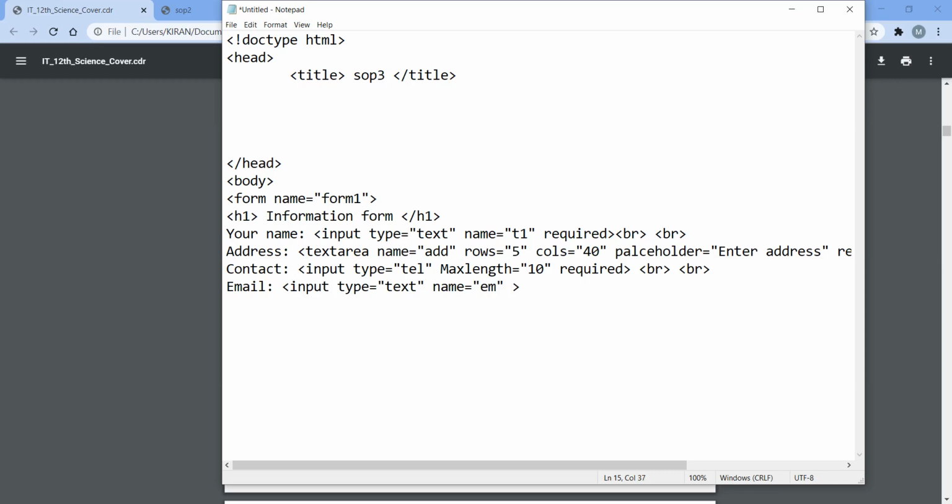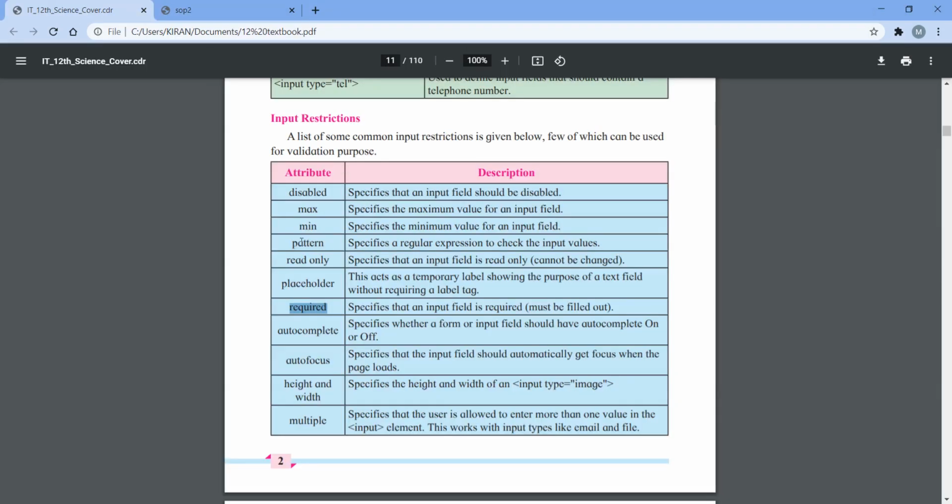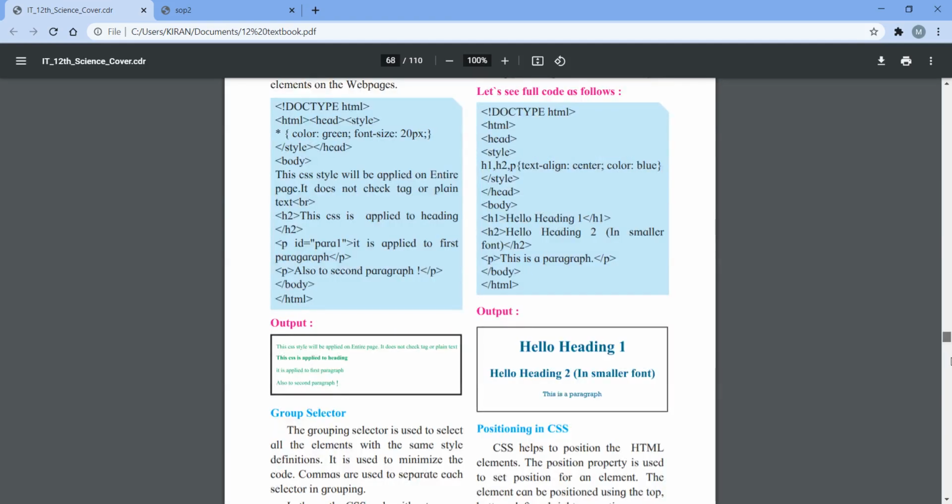And then they have said to use a pattern attribute. Means what, pattern specifies a regular expression to check the input value, means we have to define in what sequence our input should be present.